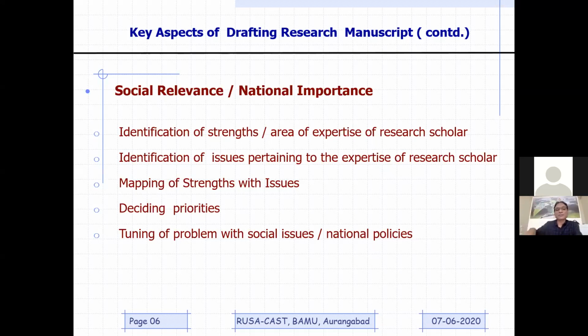And once you do the mapping, then you have to decide the priorities, right? Priorities, जैसे उस दिन किसी ने पूछा था कि how to decide the priorities. Priorities can be decided on the basis of your own interest, on the basis of need, there could be a number of parameters for that. It depends, it varies from individual to individual. Like I would say, the first point that should be looked into to decide the priorities would be my area of expertise.